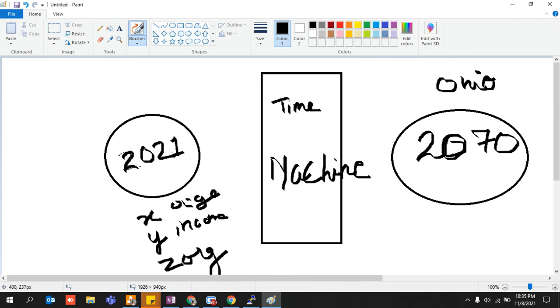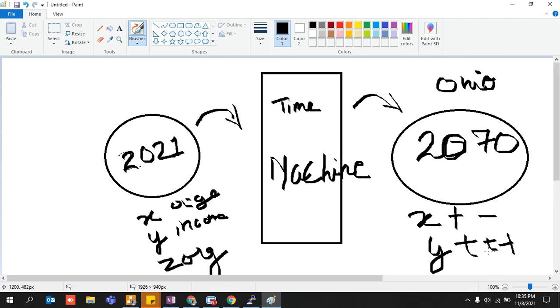Okay guys, so I went into this time machine, and what happened is that in 2070, when I reached there, my age was something else. My age got increased or even decreased, and my income at that point of time was, let's say, very much increased. The organization I was working in, I was not working in any organization, I was having my own company. This is a totally different world for me.